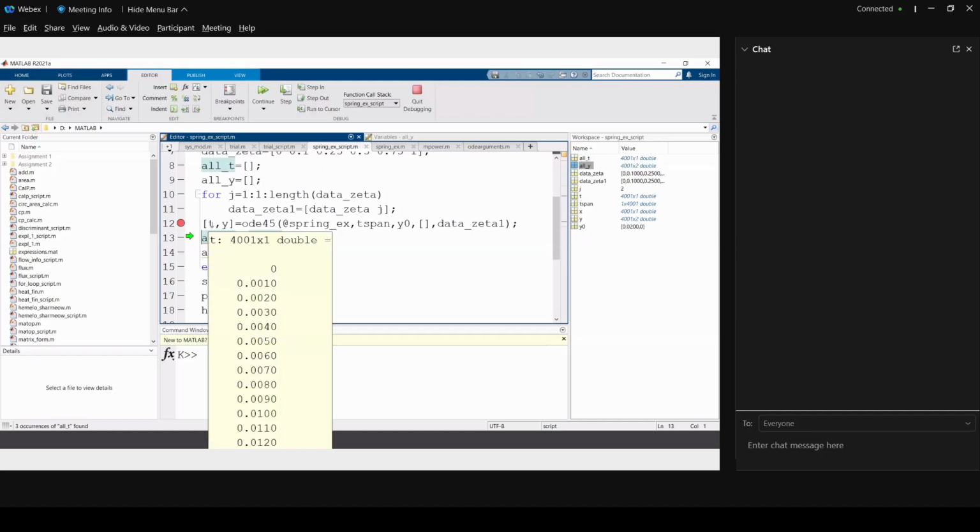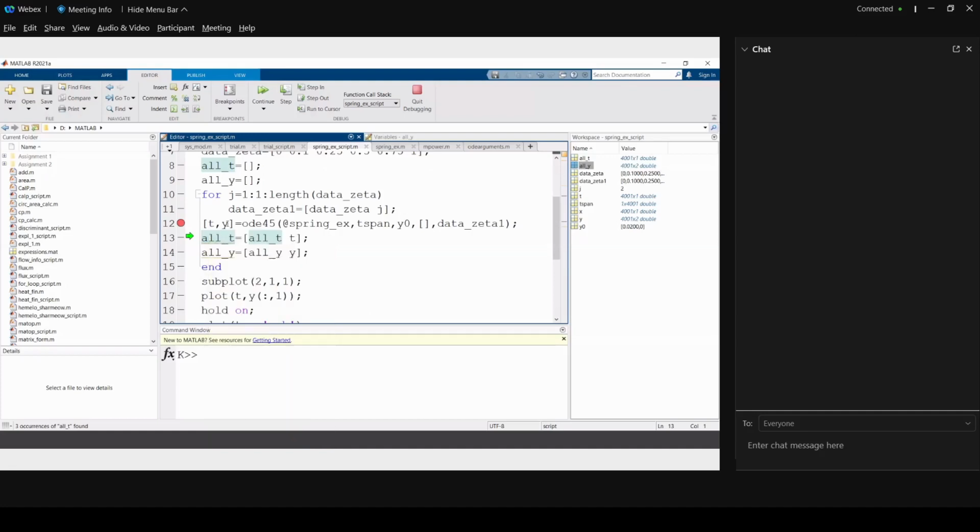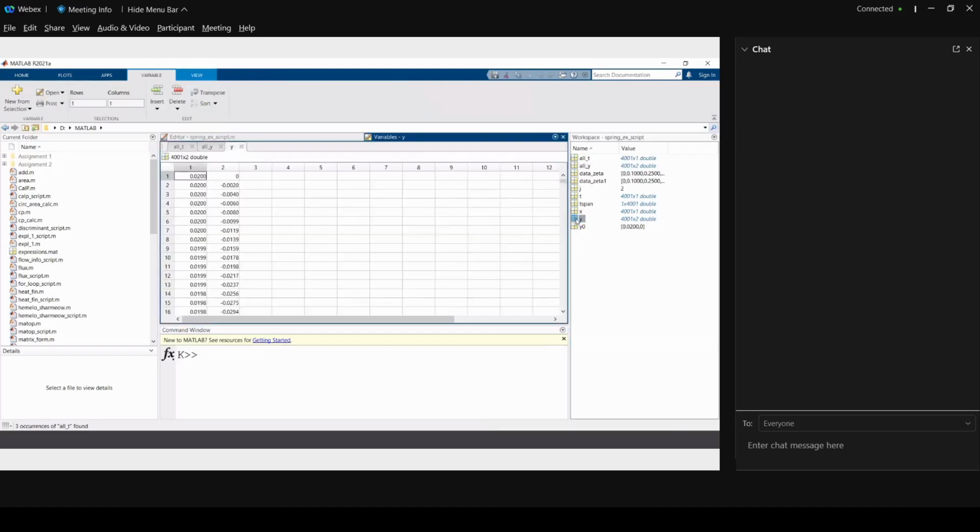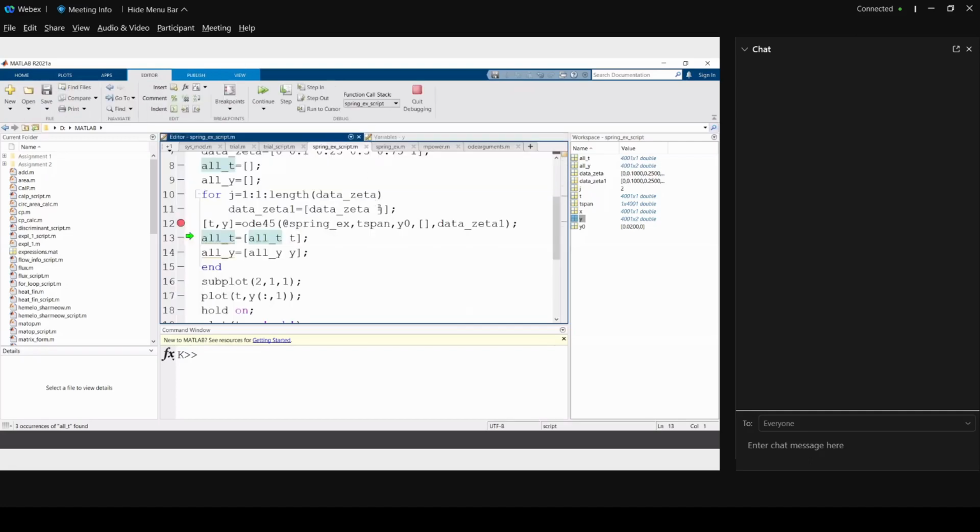So you got this. See, look from 0 to whatever may be the value and go to the y. Vedant, so what is y showing? 4001 by 2. If you wanted to see your y in the workspace, you click on y. So this is the solution only for one value of zeta. One value of zeta means that you have solved the differential equation once. The for loop has been executed once only. If it's executed a second time, it will take the second value of zeta and provide you solutions corresponding to